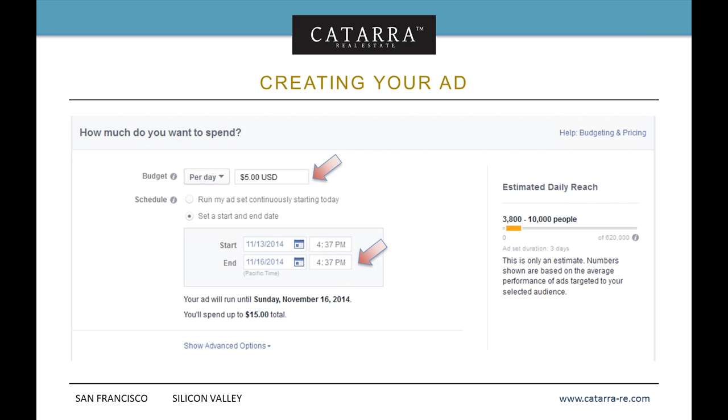Scheduling, start dates and end dates. I do not allow ads to run 7 days a week, 24 hours a day. The reason for that we'll get into in a bit, but I control when these things run. And what you want to make sure you do is set an end date so that you don't lose track of your ads. Because if you're worried about what your budget's going to be and you just set an ad to run and you're not paying attention to it, you can just keep spending and spending and spending. Okay? So set a start date and end date.